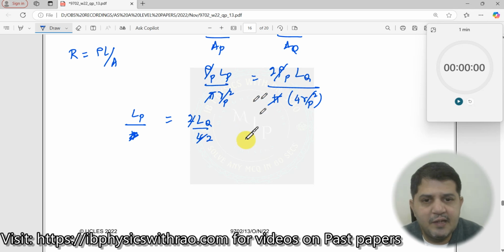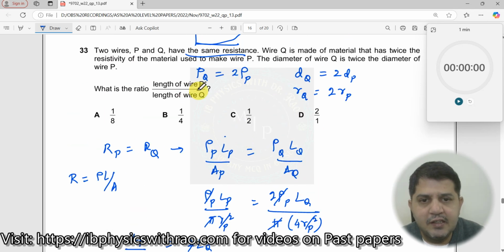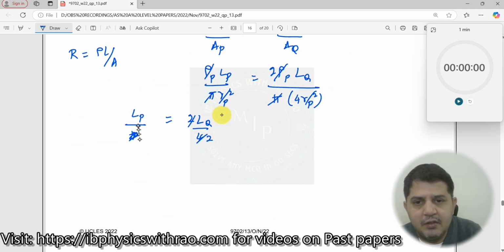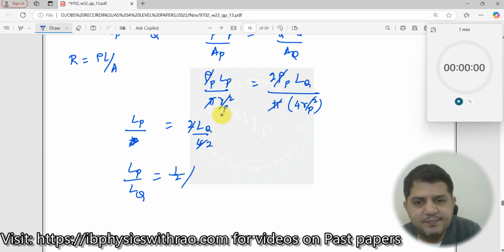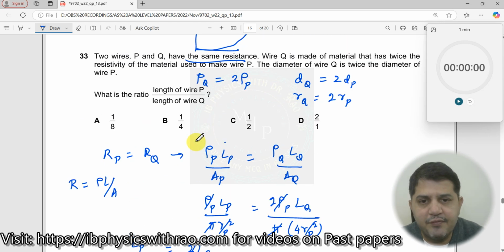Then what is required over here? We required the length of wire P by the length of wire Q, length of wire P divided by length of wire Q. From here, this should be equal to half, right? So this should be half. Answer is